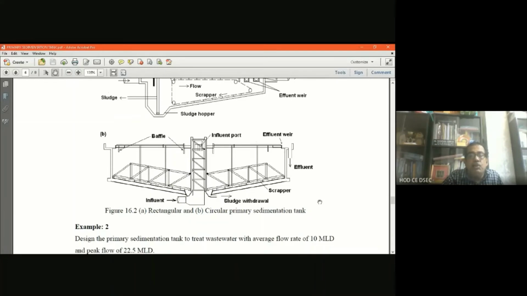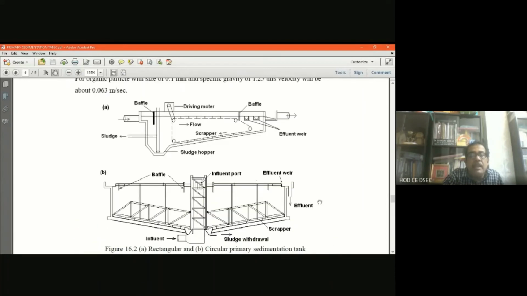In the bottom portion of the circular clarifier the sump is there, and in the rectangular one you see the inlet zone, and the sludge is placed in the sludge hopper. Before the effluent weir there is a baffle. So I am giving you some idea of the mechanical cleaning operation, with the scraper attached to the chain system as well as the truss system, in the different cross section designs I have shown you.